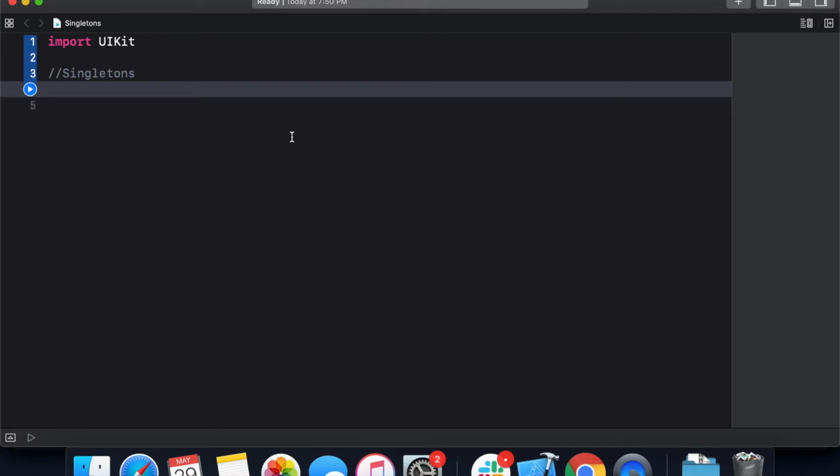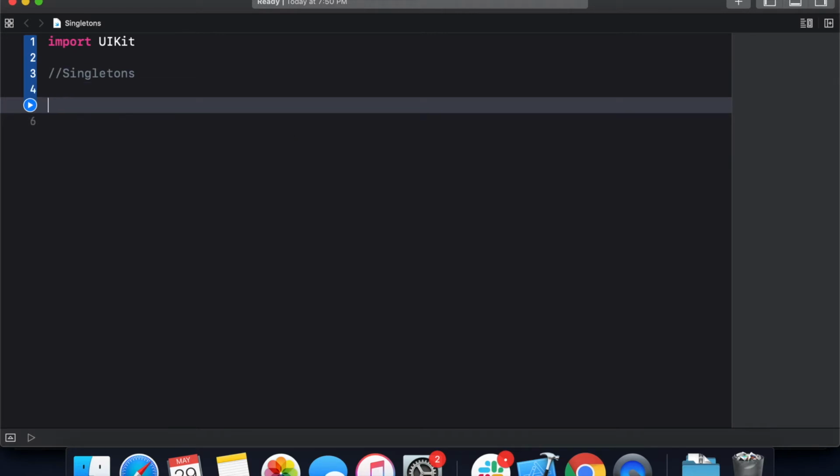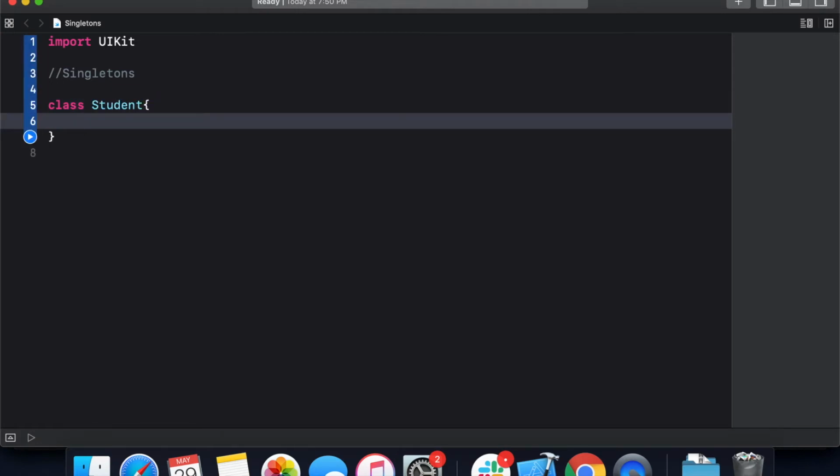Okay, so let's create a class. Let's see how to create a singleton class. For that I'm going to create a class Student which will have a property name. I'm going to assign a value to it. Okay,